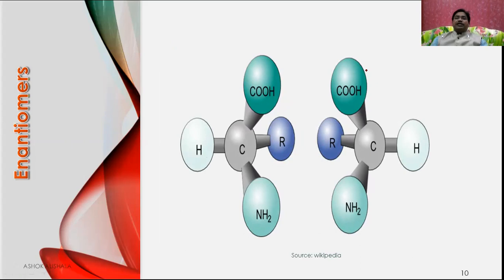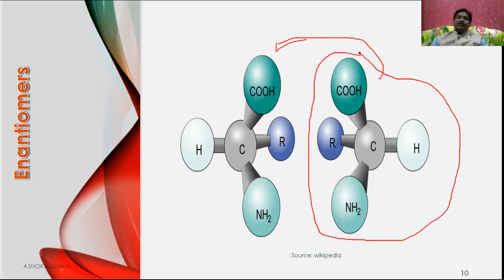Assume that this is completely placed over here. Then what happens? Assume this entire structure is kept on this one. You can see the R is over the hydrogen, isn't it? And this H comes to be over the alkyl group. So these are not superimposable.